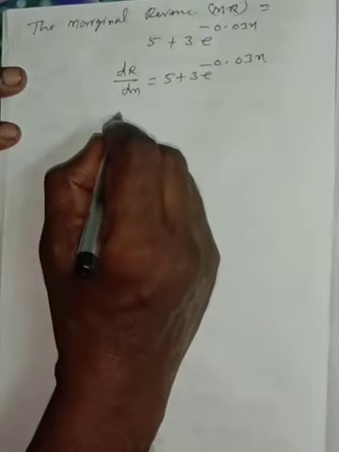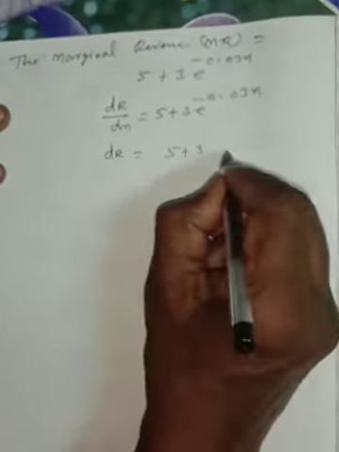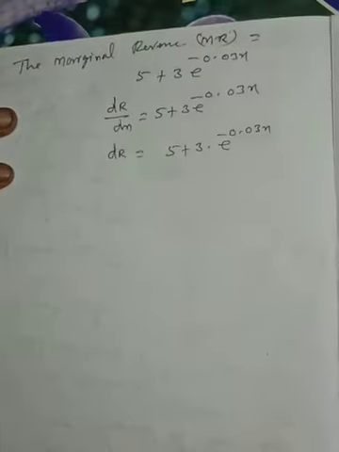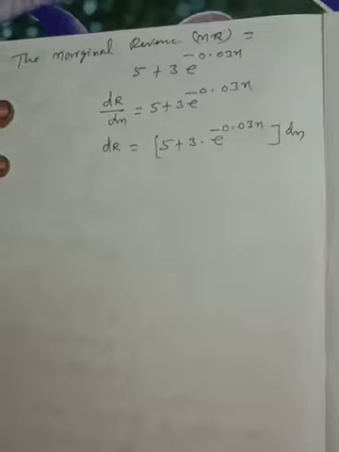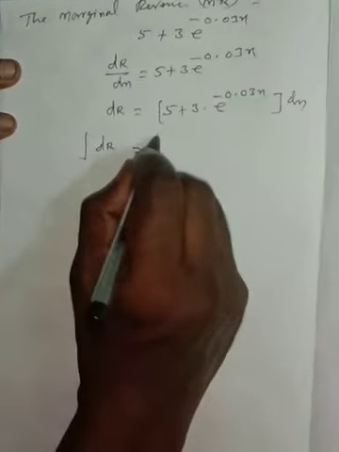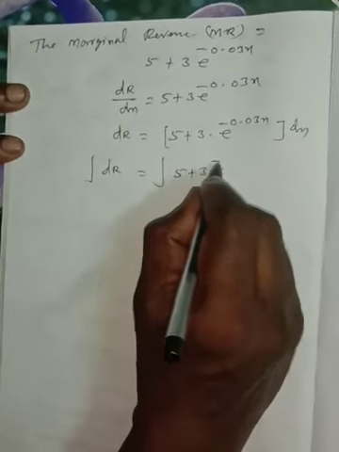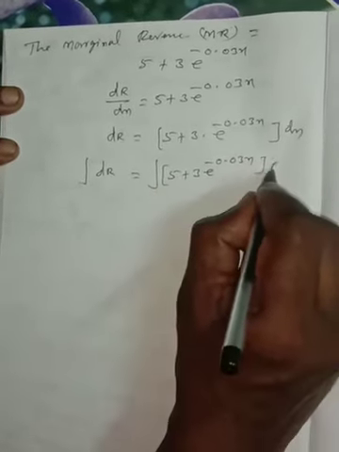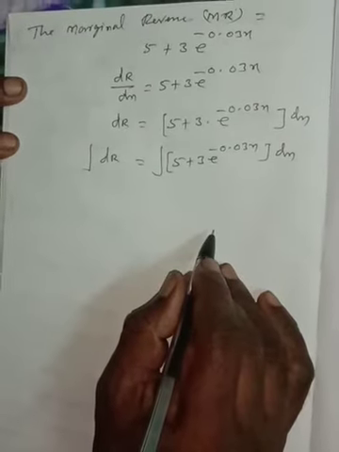Now dr is equal to, cross multiplying, 5 plus 3 into e to the power of minus 0.03x into dx. Now integrating both sides, we have dr is equal to 5 plus 3 into e to the power of minus 0.03x of dx. Take note the limit 0 to 100